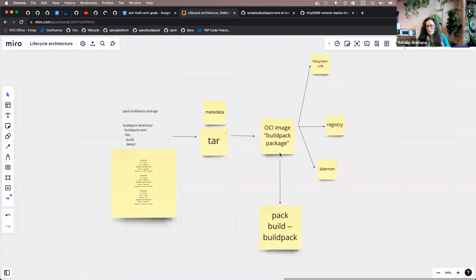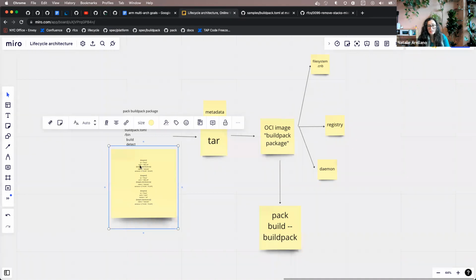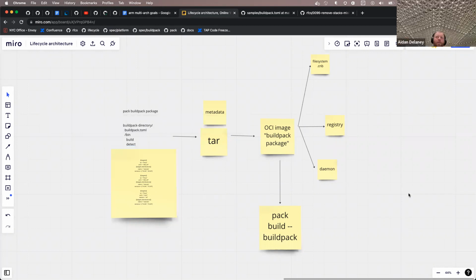And so I think making pack flexible enough to create different flavors of each of these buildpack packages on the same host is going to be a big win, right? And then the next step of making it seamless: oh, I see in your targets file there's a whole bunch of different OS and architecture combinations here. I'm just going to go ahead and make a manifest list with all the supported combinations as child images. Is it that simple, Natalie?